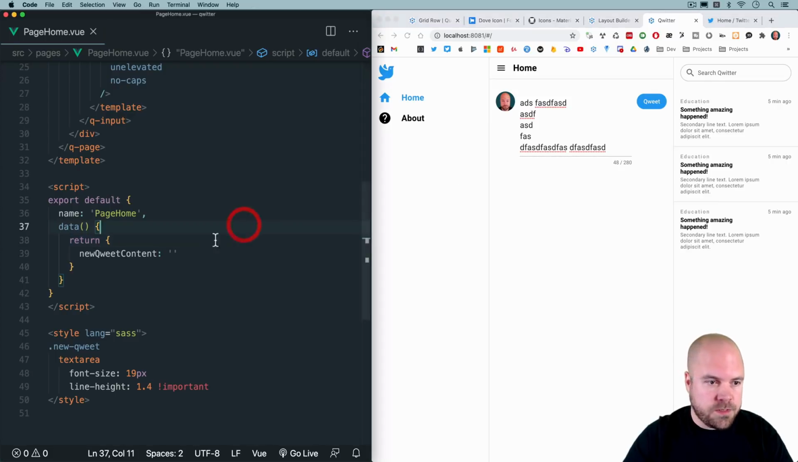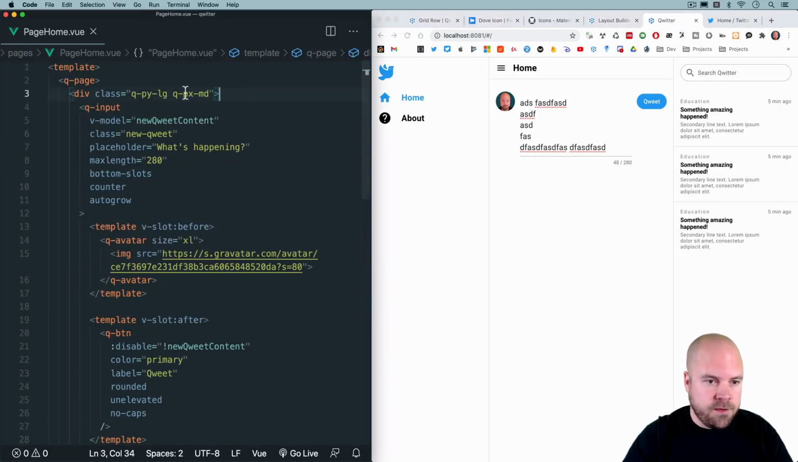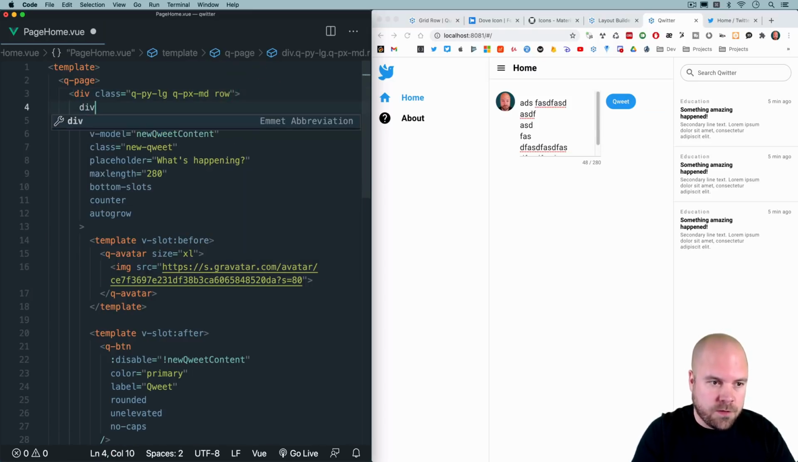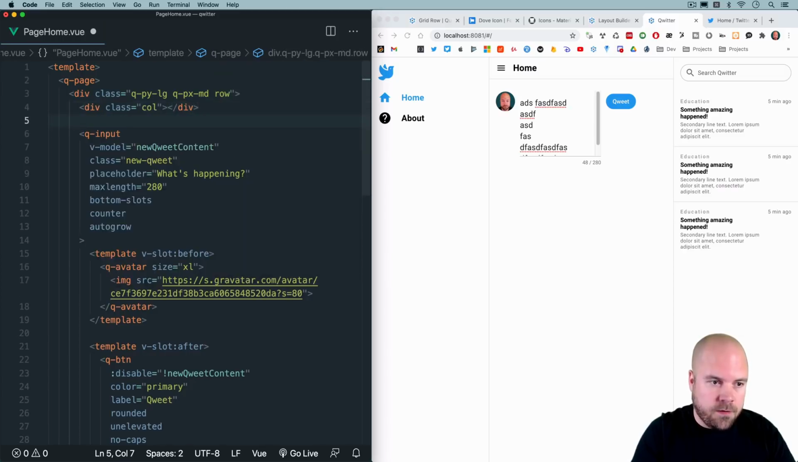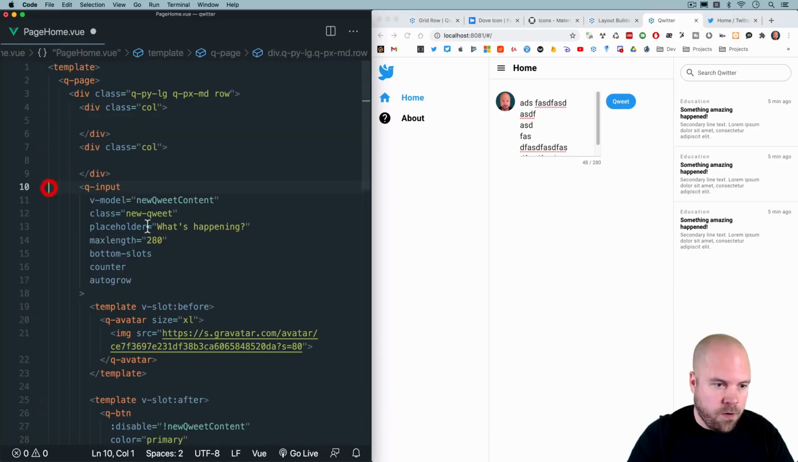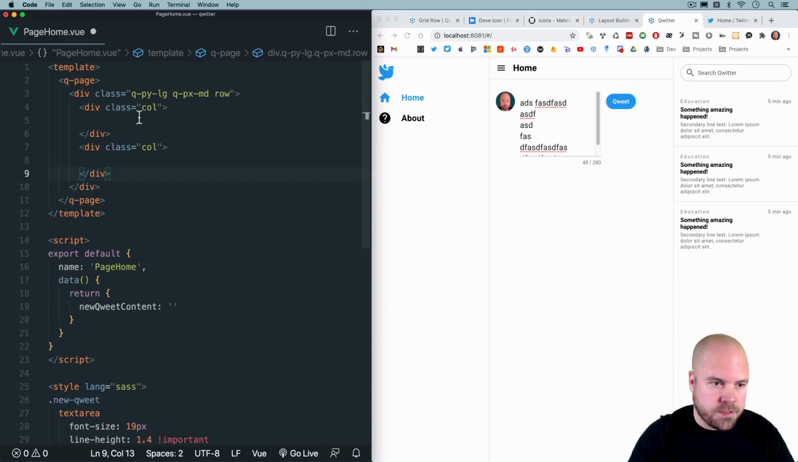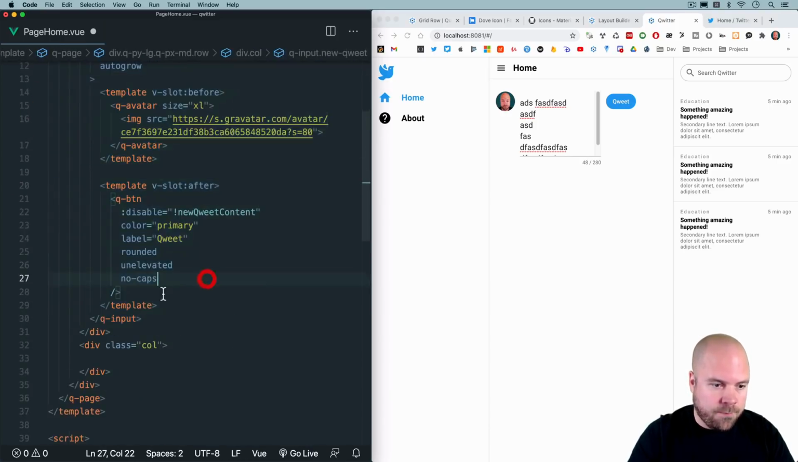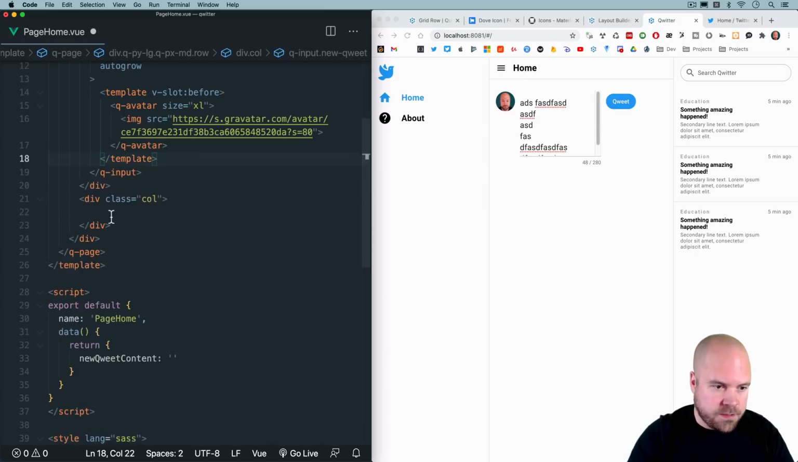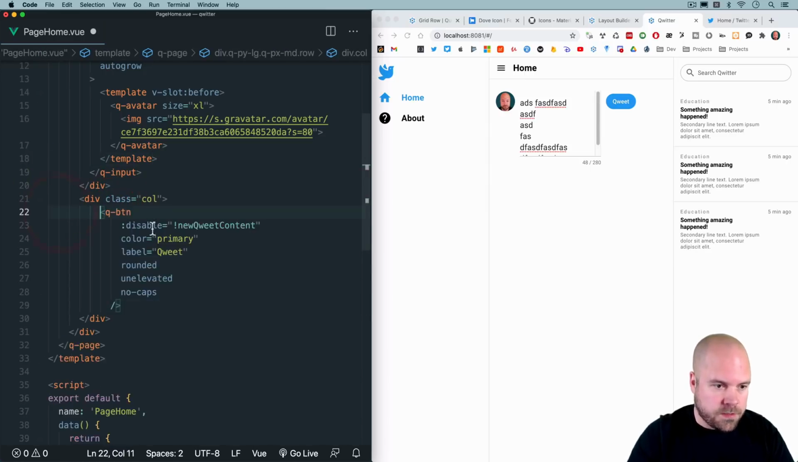So I'm going to jump to this input, and we already have a div around this input, so we could just make this a row by adding a class of row, and I'll save that. And then inside this row, I'm going to add two columns. So I'll add a div with a class of col, and then another div with a class of col. I'll just break these up. I'm going to select the input and cut that and paste it inside this first column. And then our button, which is currently in this after slot, I'll cut that and get rid of this slot and paste this button in this second column. Just fix the indentation